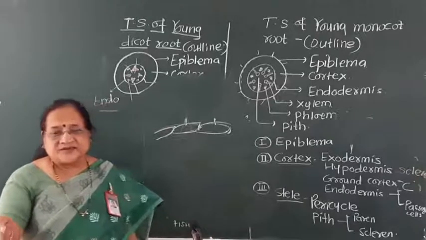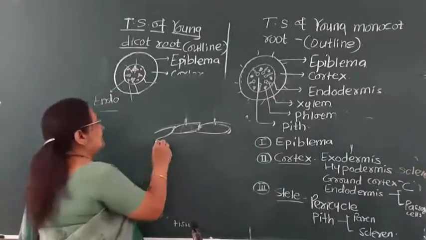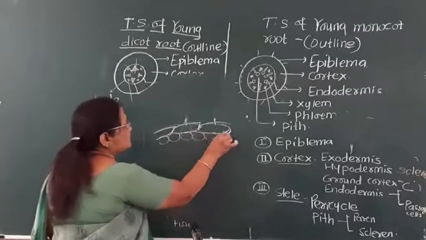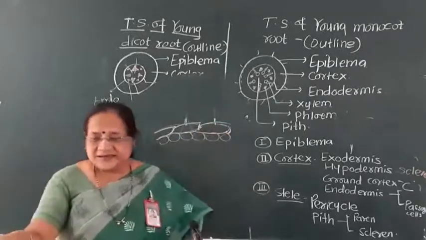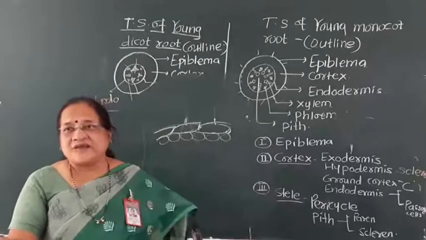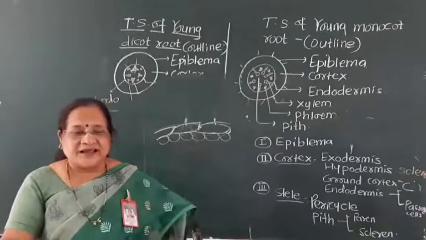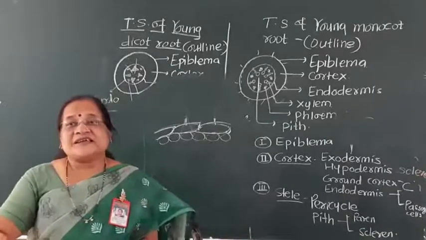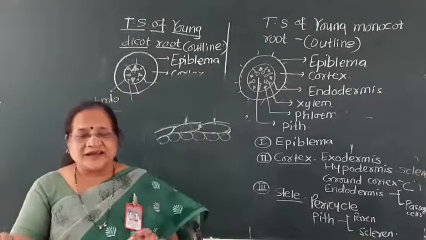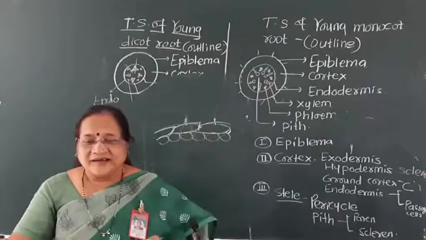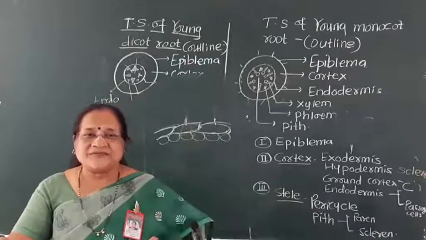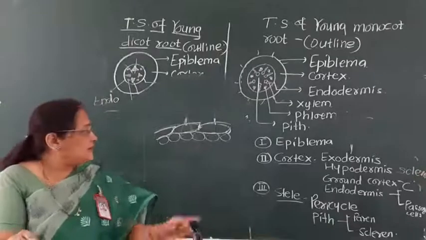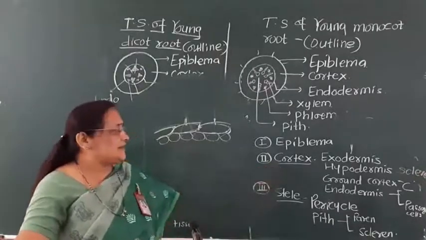So the exodermis, where is its position? The exodermis is present below the epiblema or epidermis. Here it is a single layer, the cells are rounded and living, that is, they are parenchymatous cells. When the epidermis gets peeled off due to some reasons, the piliferous layer functions as the epiblema, that is, for protective purposes. After that, we get the hypodermis, below the exodermis.